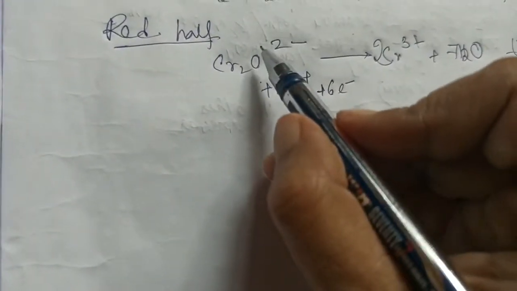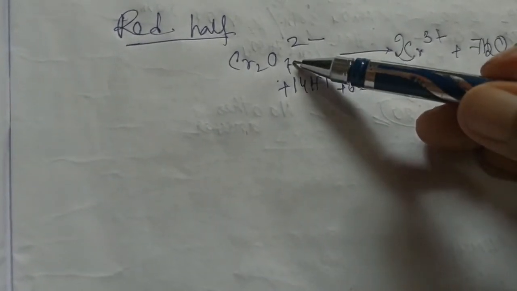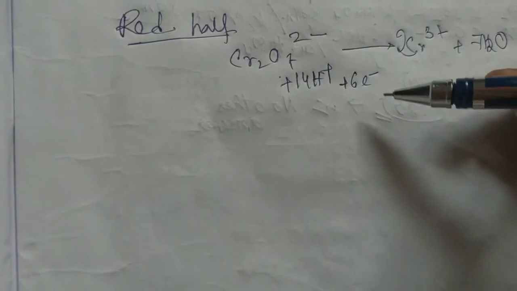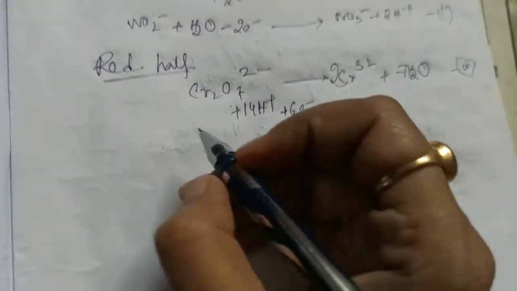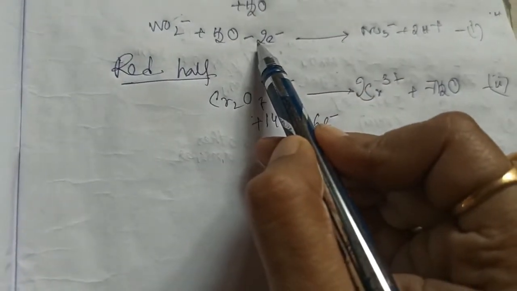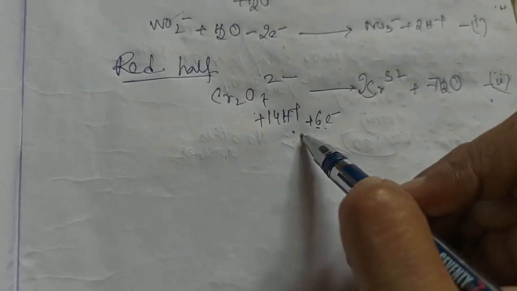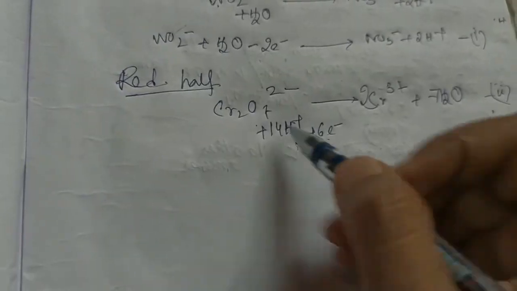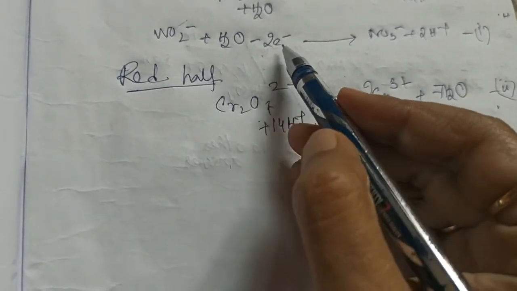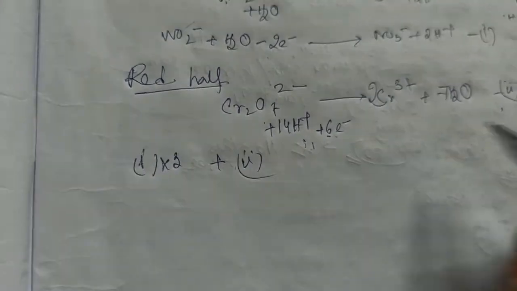For this particular case, if you need to calculate the normality of a solution for a given amount of potassium dichromate, or you need to calculate the equivalent weight of potassium dichromate in acidic medium, the answer will be molecular weight divided by 6. This part is linked with your chapter 1. Now, in equation 1, 2 electrons transfer, and here in equation 2, 6 electrons transfer. Always check, one will be minus, the other will be plus. Oxidation, loss of electron, reduction, gain of electron. In the final equation, there will be no electrons, so 1 into 3, simple maths rule, plus 2.